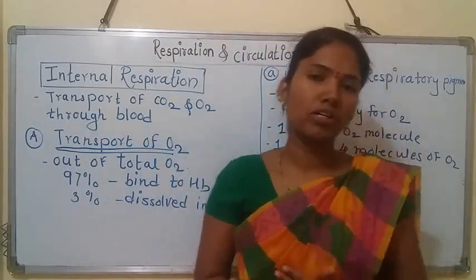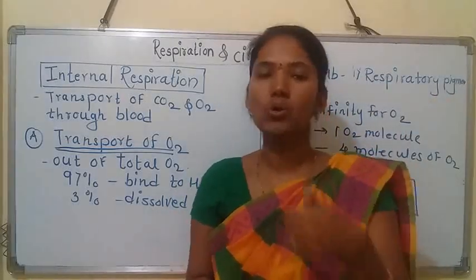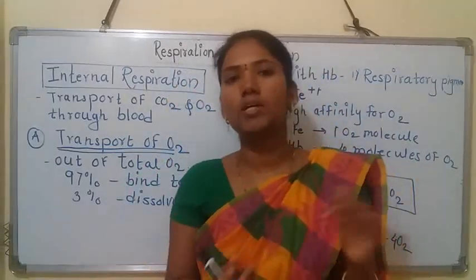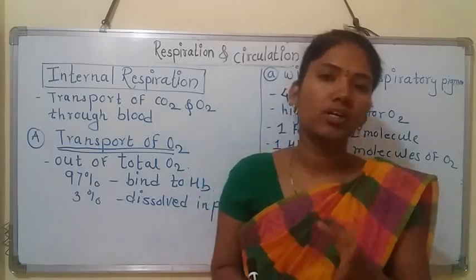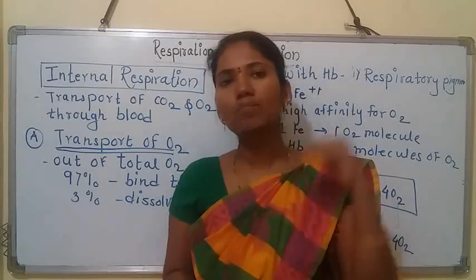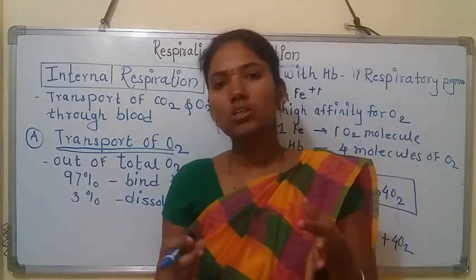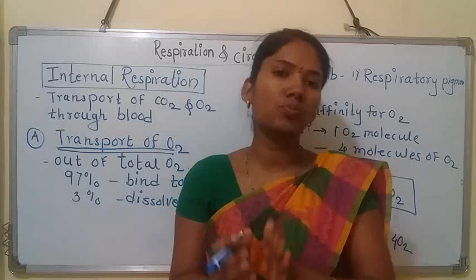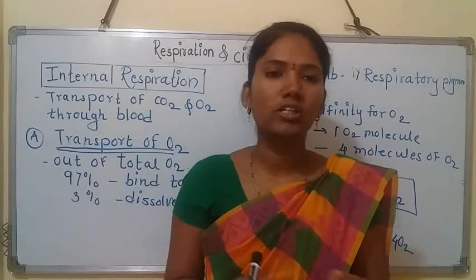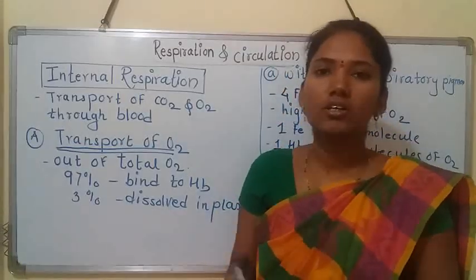The second important point is the solubility of the gases, that is, solubility of O2 and solubility of CO2. And third, which is most important, is the partial pressure of that particular gas. So partial pressure of oxygen and partial pressure of carbon dioxide, and gases always move from higher partial pressure towards lower partial pressure of that particular gas. This we learned in external respiration. So remember that chart of partial pressure which is given in the NCERT. Till this point we have completed. Now next, which is also a very important point, internal respiration, we are going to start.